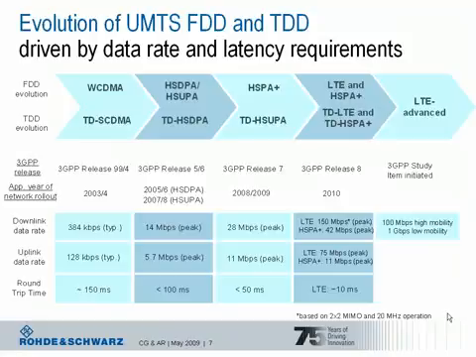Release 6 then brings HSUPA as well. With HSDPA, data rates up to 14 megabit per second peak downlink can be achieved, and with HSUPA, 5.7 megabit per second peak uplink data rate can be achieved. So this is really a significant enhancement in the data rate already in 3GPP Release 5 and 6. As we have seen, HSPA is a big success,